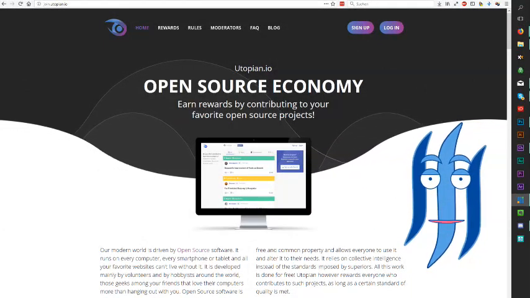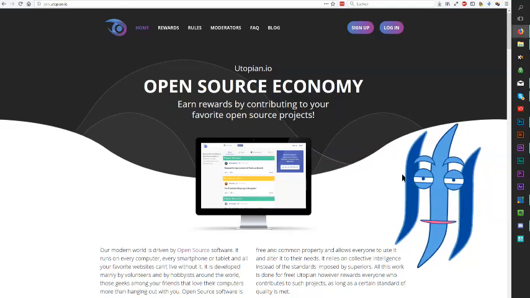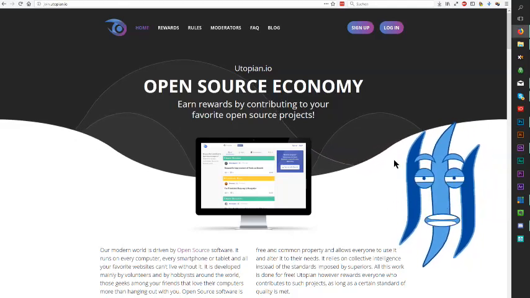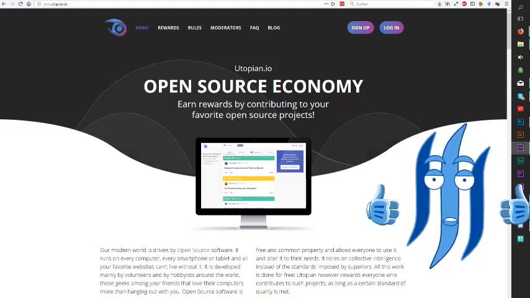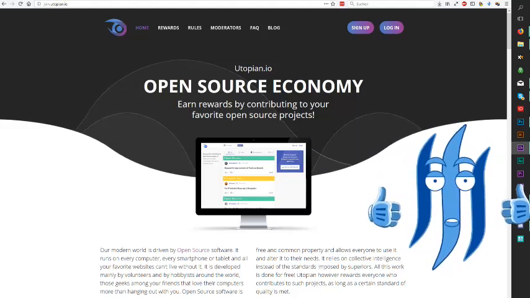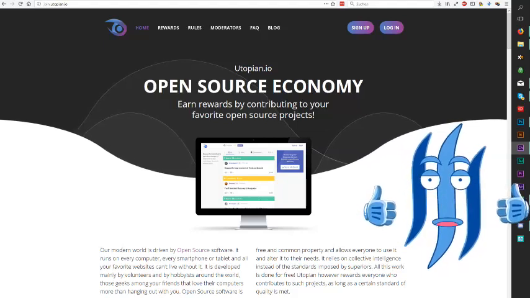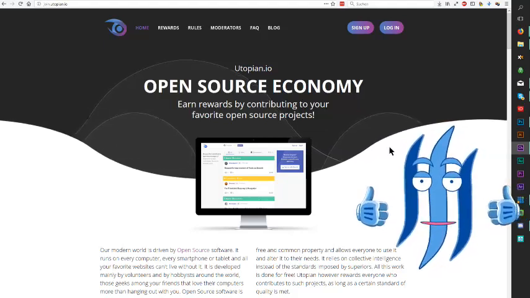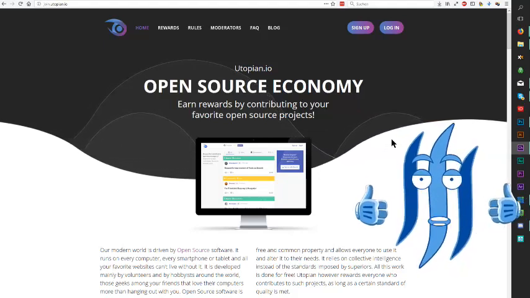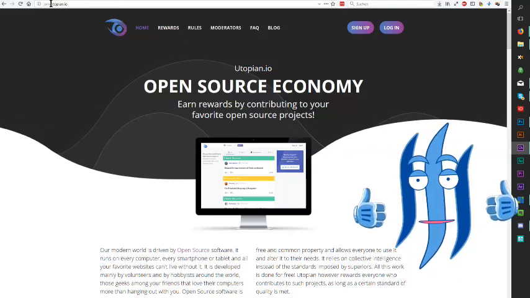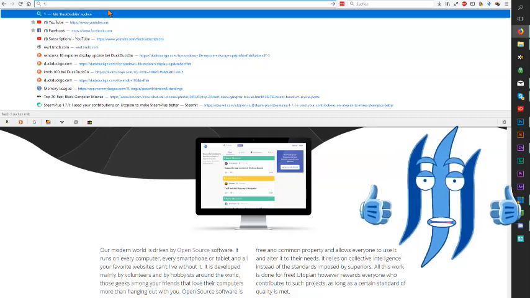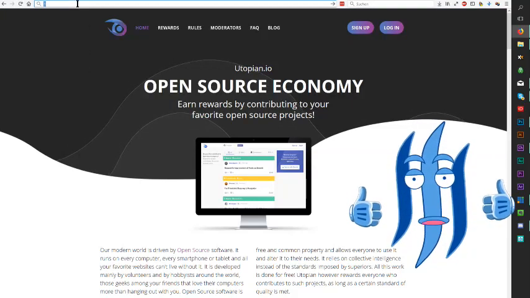Yeah, okay, cool. In the browser we see Utopian.io, and that's really the coolest development on Steemit in quite a while. I'm super excited about that. If you haven't heard about Utopian.io, check it out. It's really an amazing project. Go to Utopian. Oops, I messed that up. Go to